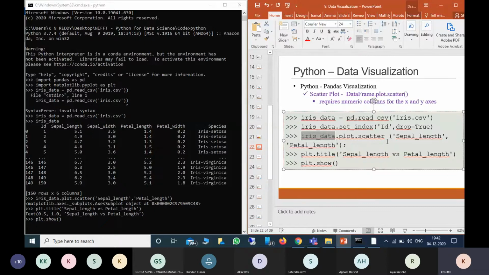In Matplotlib we have to mention the data set, but it is almost the same. There is one more package, Seaborn, which gives some more advantages compared with pandas as well as Matplotlib. I will explain that after this.